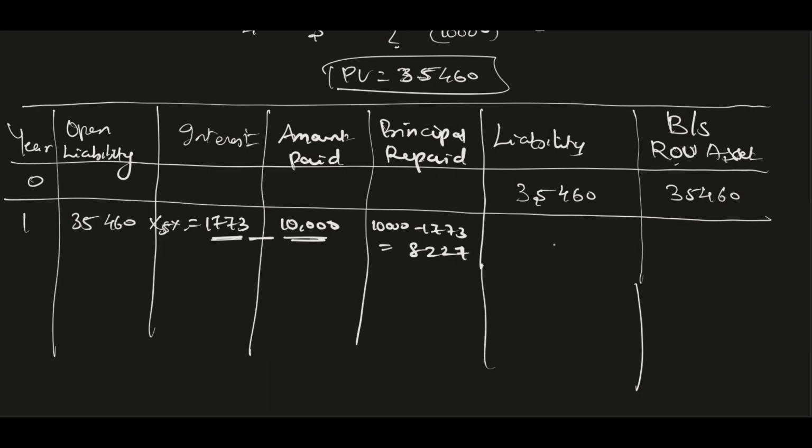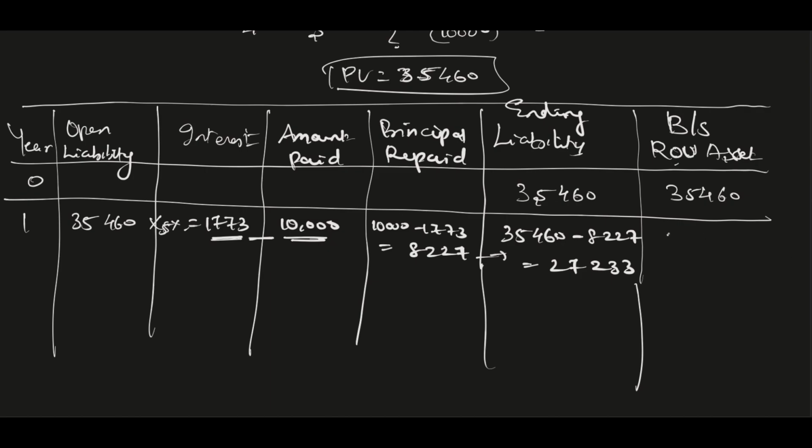Okay, and so I'll keep this as ending liability. So after paying this, what is the liability? Initially it was 35,460 minus, now 8227 has been paid. So now the liability left out is 27,233. Okay, and assets perspective, how it should be treated is, because this asset is for 4 years